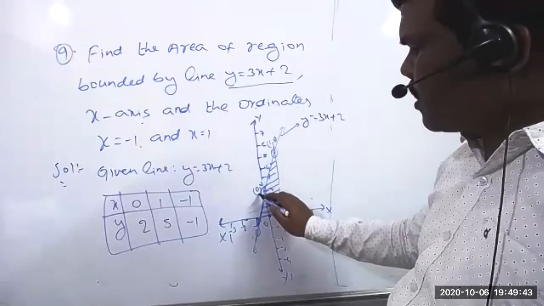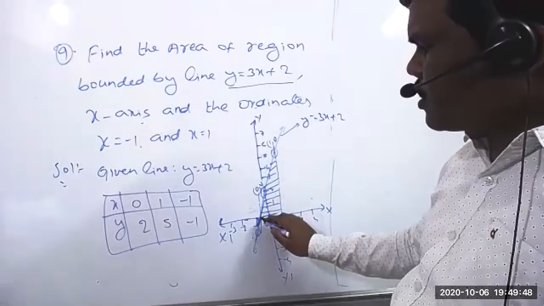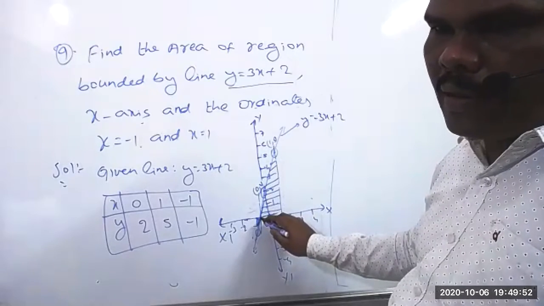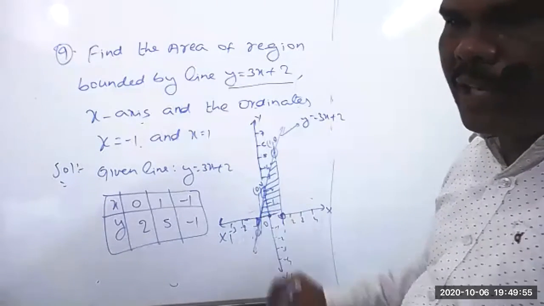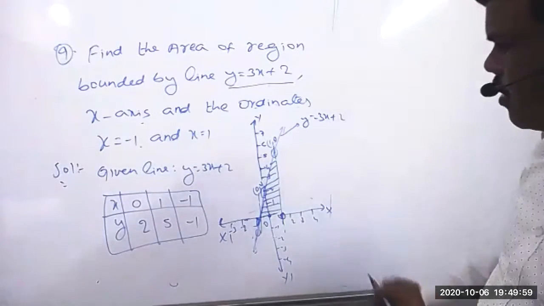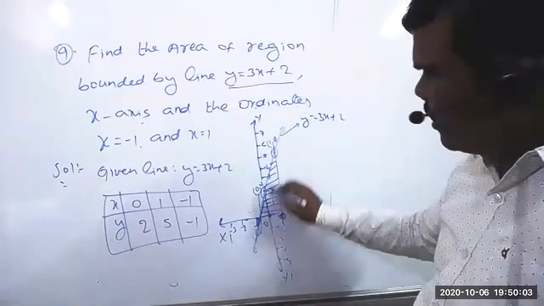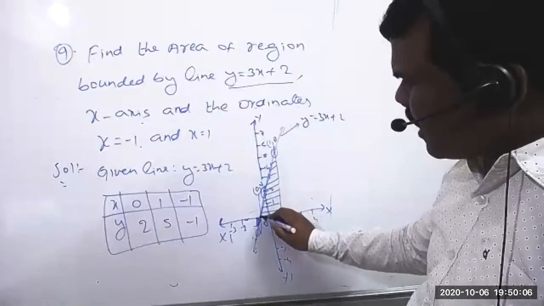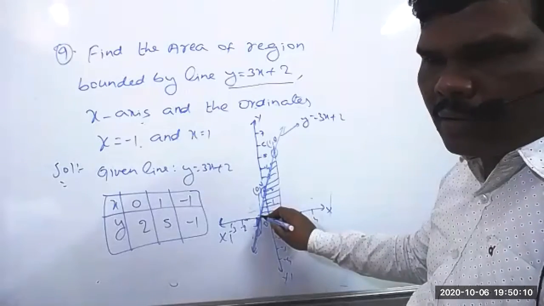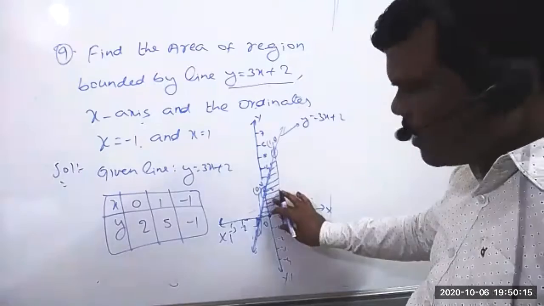That's why the limits. So how can you take them? All of you should remember that first we have to find the point on the x-axis. What do you get? (x, 0). That means y must be equal to 0, correct? But without the graph, how can we find the point? Based on the graph I'm finding it. You draw this line now. This line touches the x-axis somewhere between 0 and -1, correct? So this small area is required now, and the full area also.